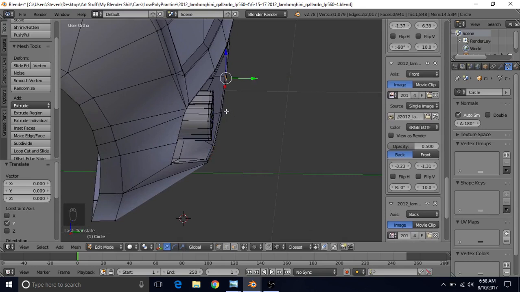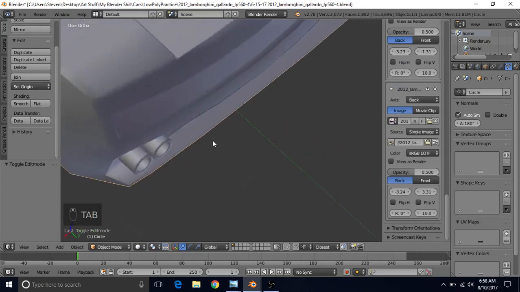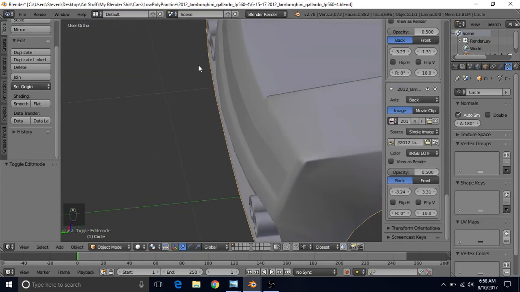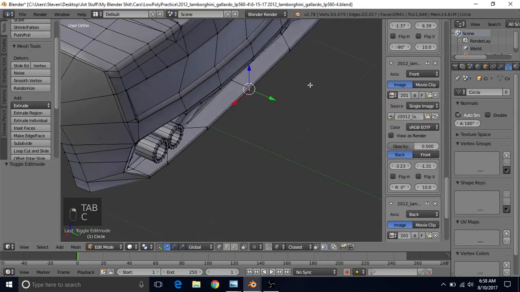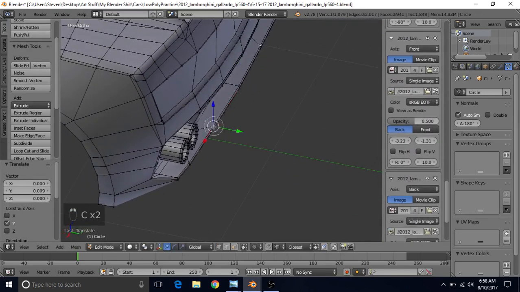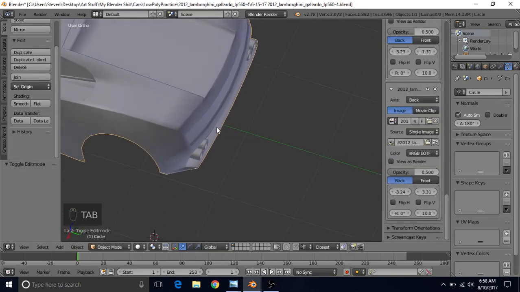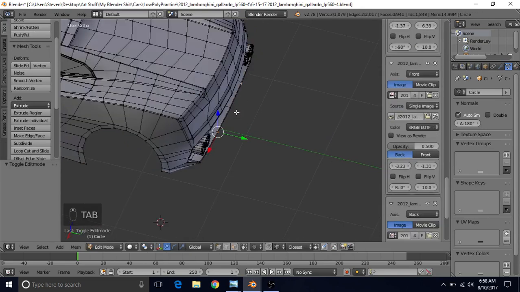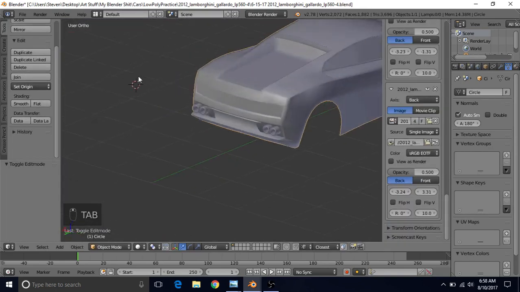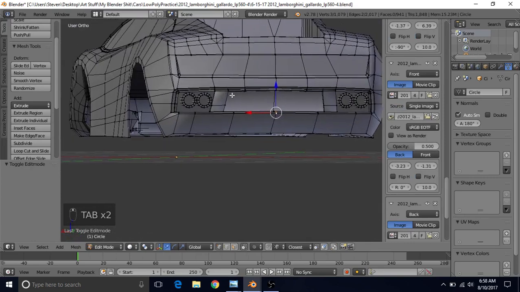To select these, what I'm doing, I'm just selecting one with right click, C for circle select, and get all 3 of them, and then you can move it on the y-axis until you can curve it better. Something more like this. It's not really as curved as I want it to be, so I'm just going to keep curving this slightly until I have a shape that's a bit better than what it was before. So once we have that,